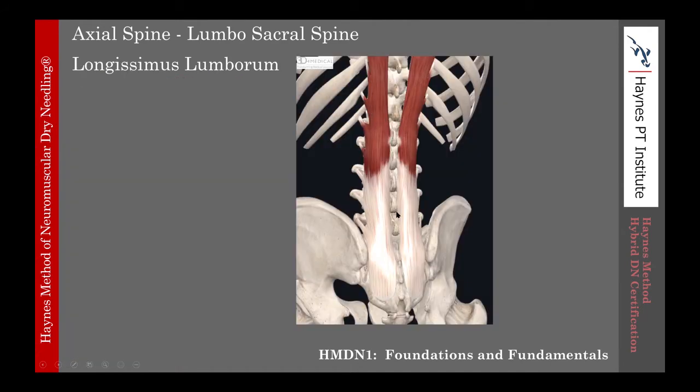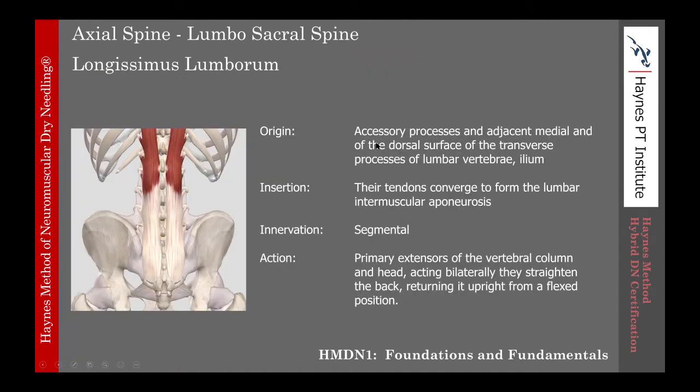As we look at longissimus lumborum, here the origin: the accessory processes in adjacent medial and of the dorsal surface of the transverse process of the lumbar vertebra and the ilium. It inserts, their tendons converge to form the lumbar intermuscular aponeurosis. Frequently the other component there is the